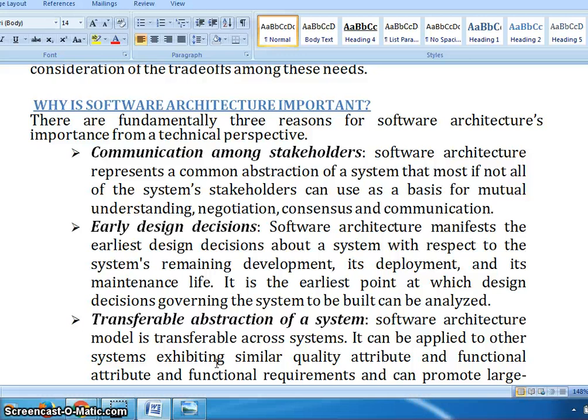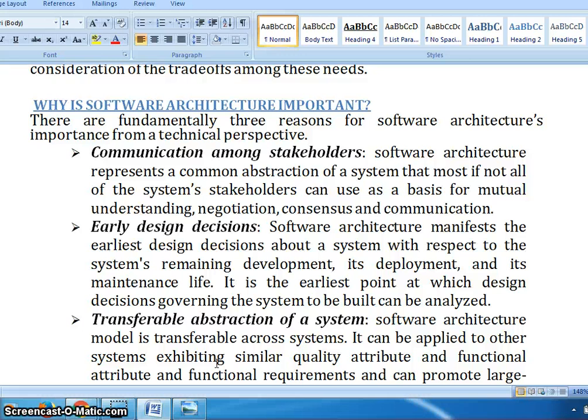Early design decisions, that is, software architecture manifests the earliest design decisions about a system with respect to maintenance, with respect to the system's remaining development, whether it is with respect to deployment and its maintenance life.